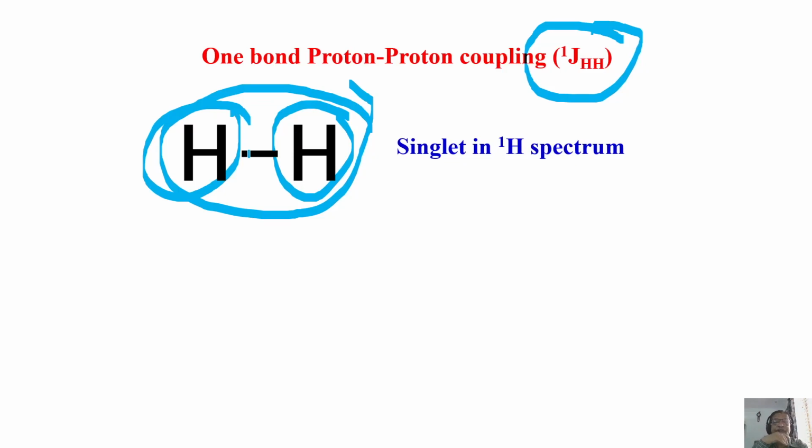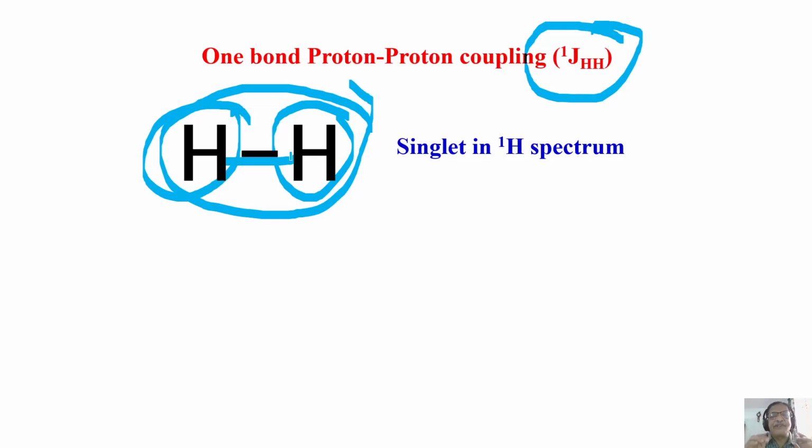Like I said, in benzene all are equivalent, we get a single line. I took methane, all are equivalent, we get a single line. Ethylene, all are equivalent, we get a single line. Similarly, here you get a single line. But there is a coupling between these two. It is not zero. Similarly, in benzene, the ortho, meta, para couplings are different. I told you. Similarly, in ethylene, with one proton coupling to the three remaining protons, all couplings are different. It is there, but still gives a single peak.